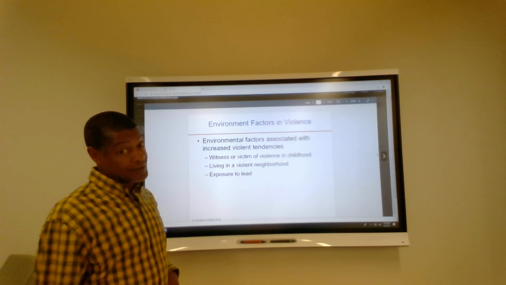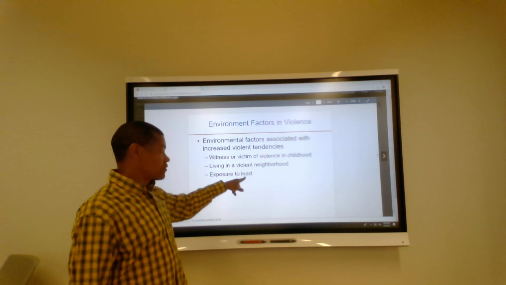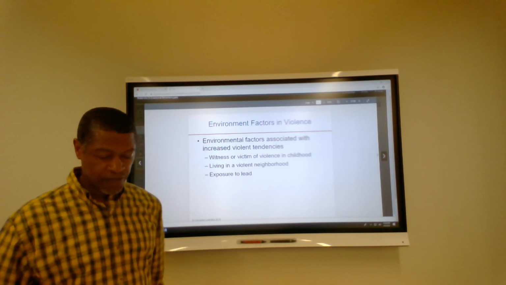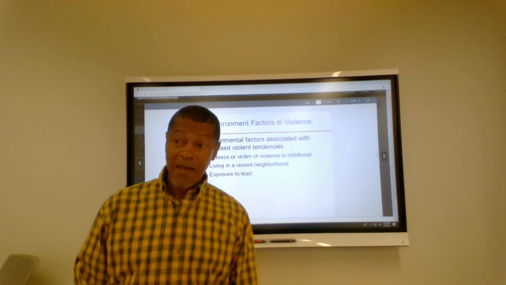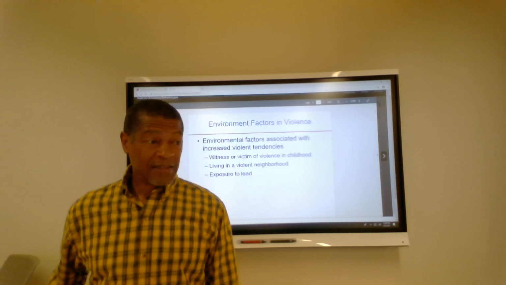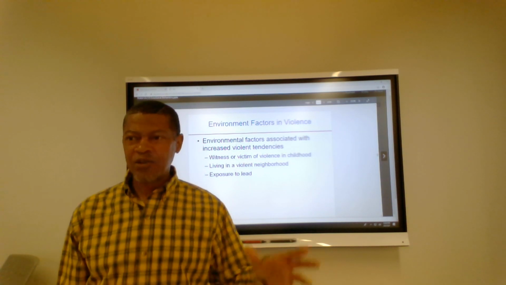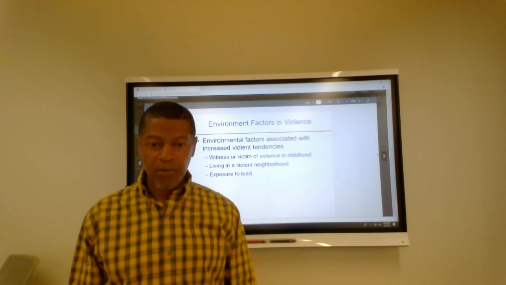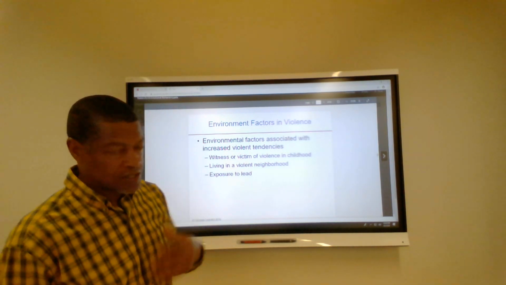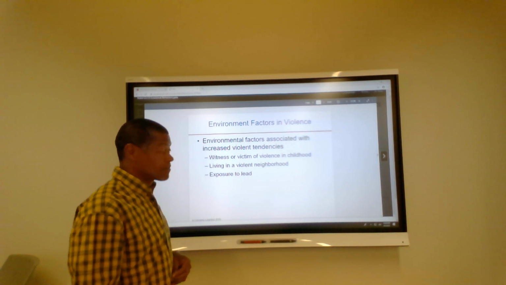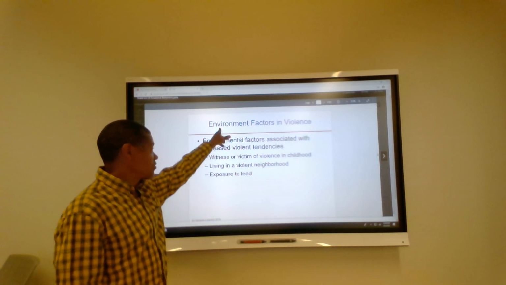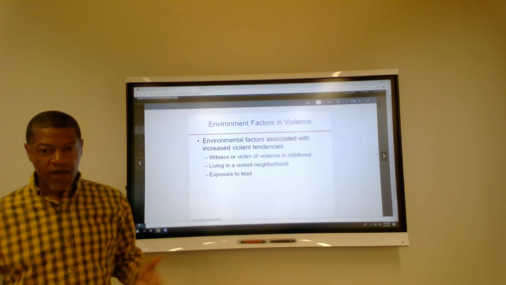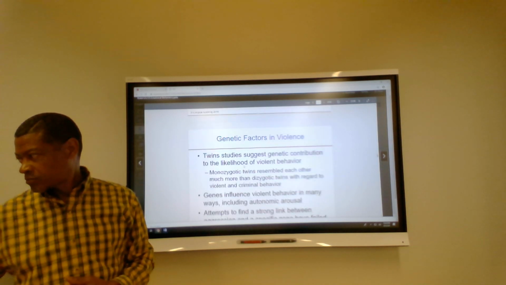A very intriguing one is this issue of lead, exposure to lead. We all know about what's going on in Flint, Michigan with lead and poisoning of the water. And then you got the lead in the water, and now you look at the society. There's a reason why maybe some people have certain behavioral problems because of what's being constantly fed to them in a wrong way. So again, your environment can have an impact on you having violent behavior.